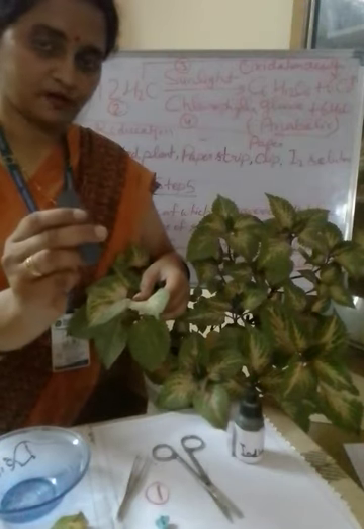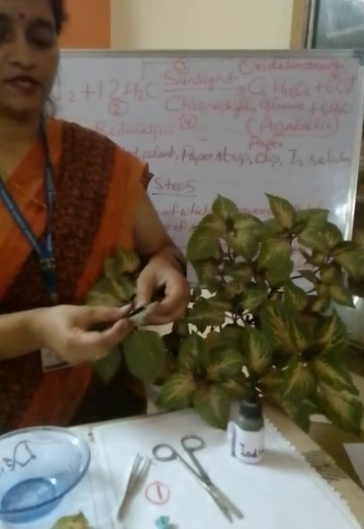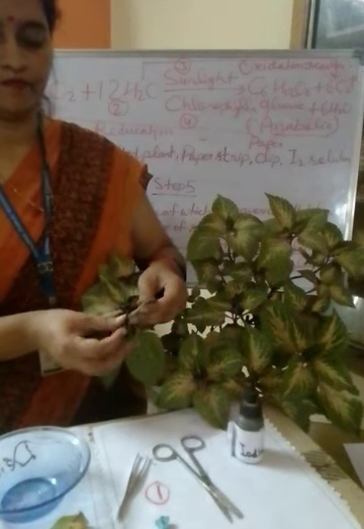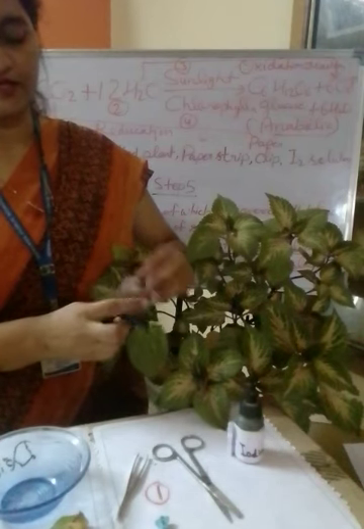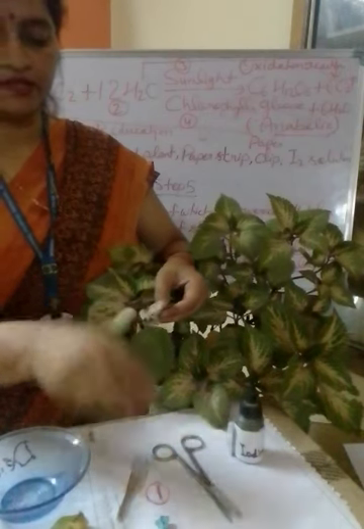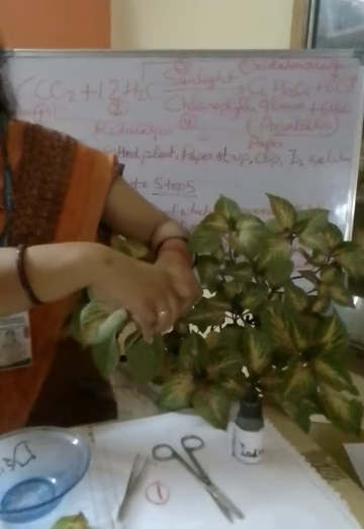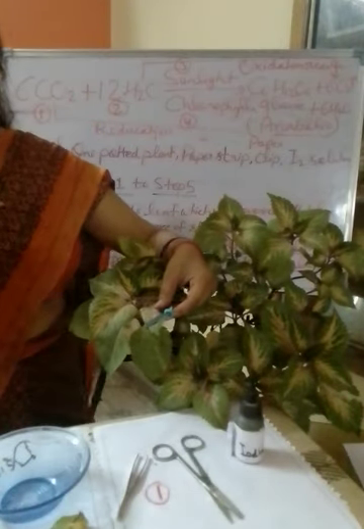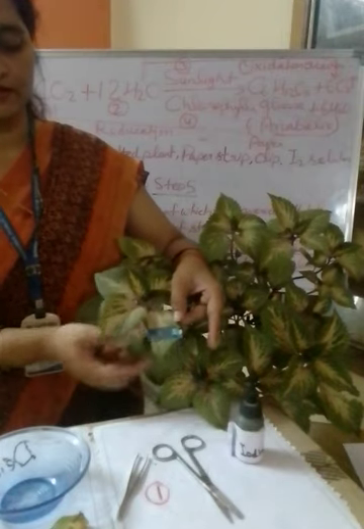This is the paper strip. Now cover this leaf. This is the dorsal surface and ventral surface. Okay. Cover with paper strip. Now clip the black paper properly. Okay. Now next is,